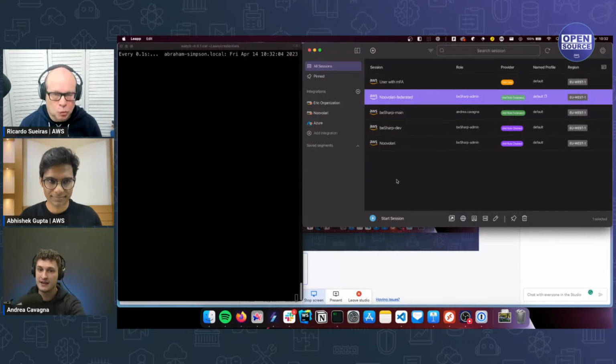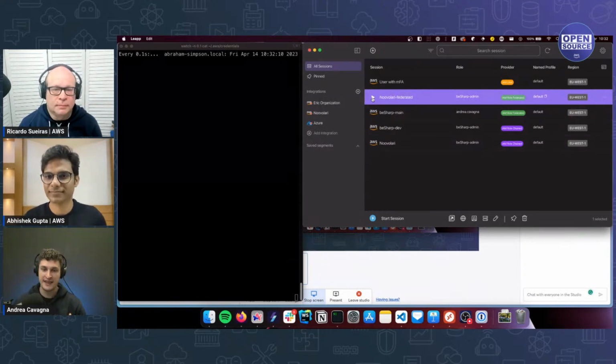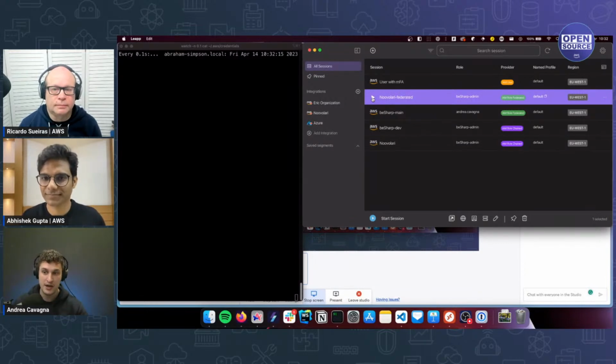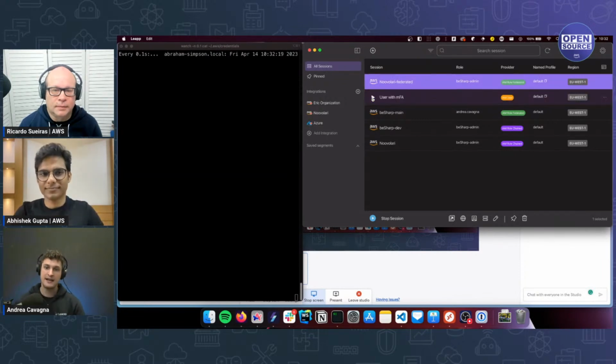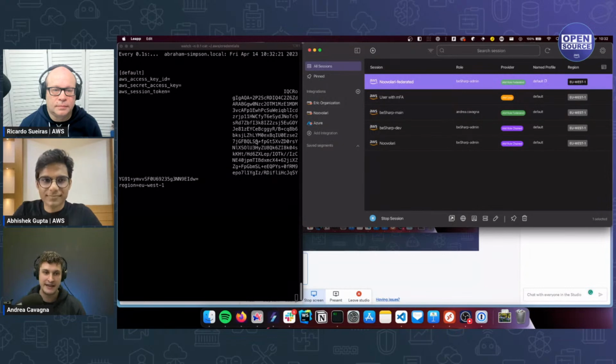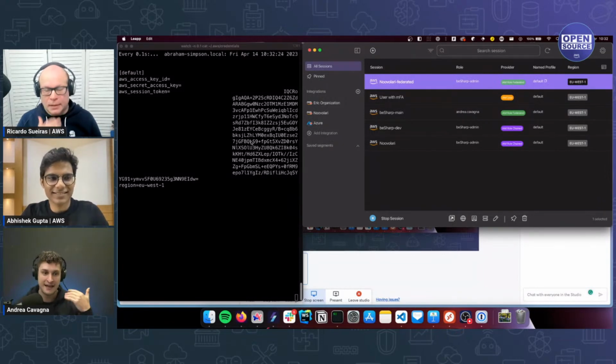I want that clean, so an attacker cannot attack me through that plain text file, and use the credential file only when I need it. So when I need to go into an AWS account, I just have to click on play, and automatically the app sets a set of short-lived credentials into my account.